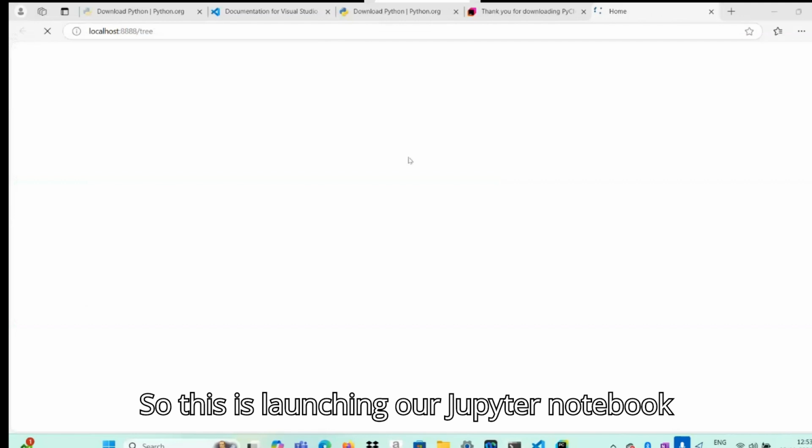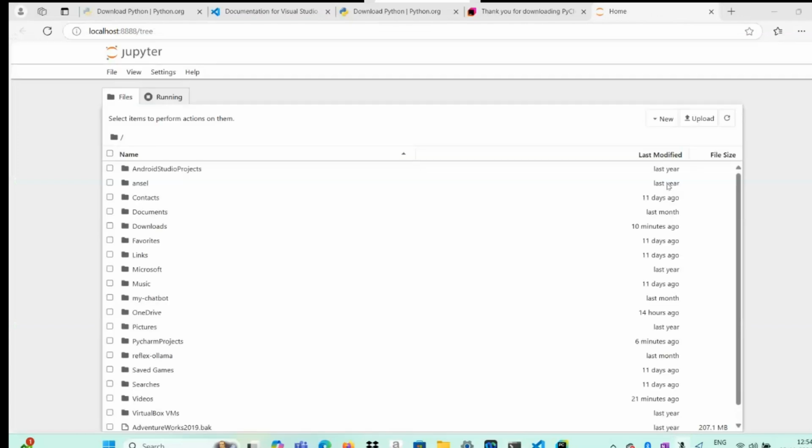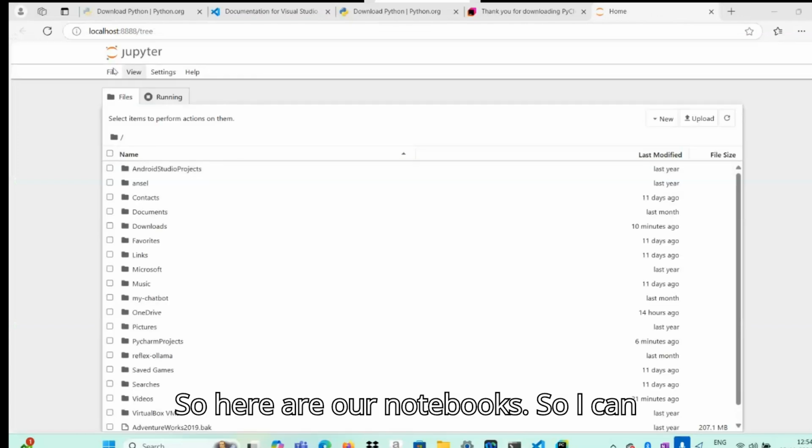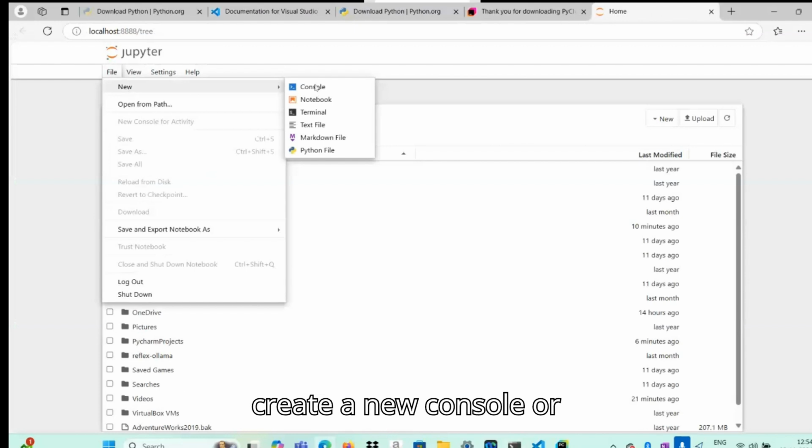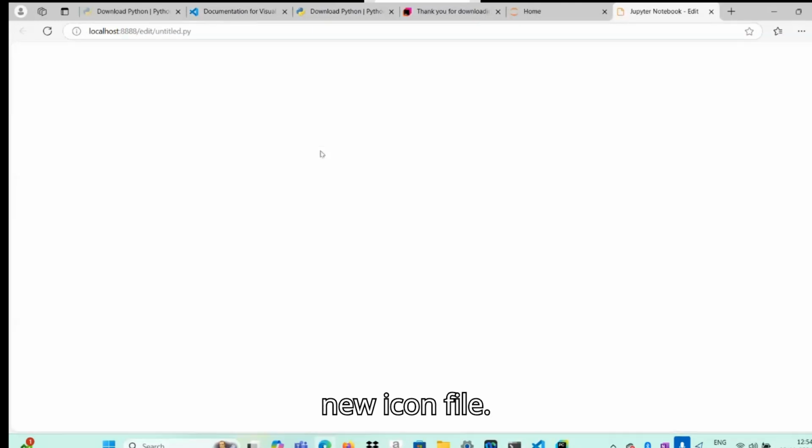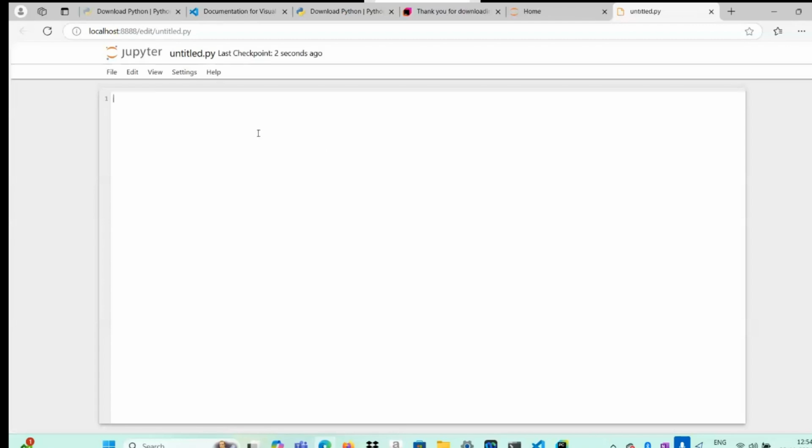So this is launching the Jupyter Notebook installed in our system. So here are our notebooks. I can create a new console or new Python file. I can write my program, print hello world,